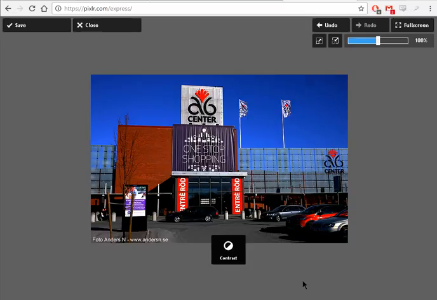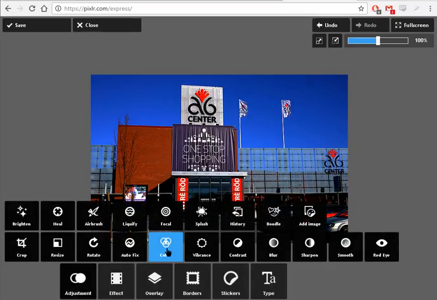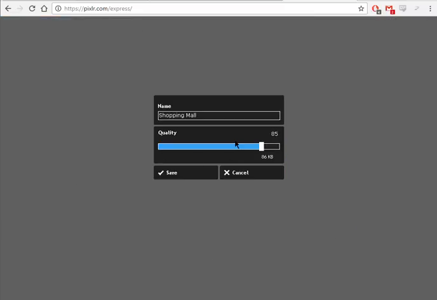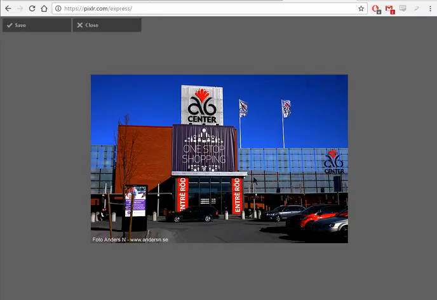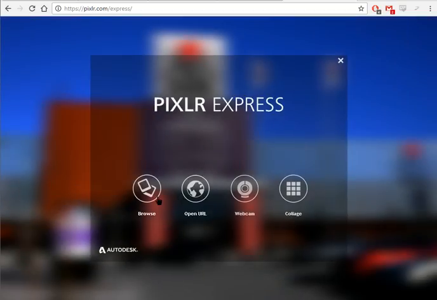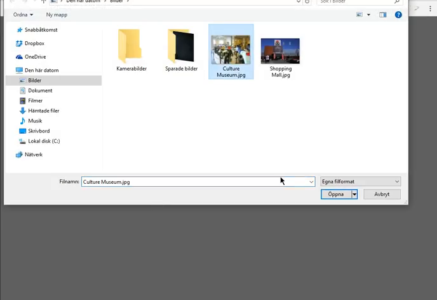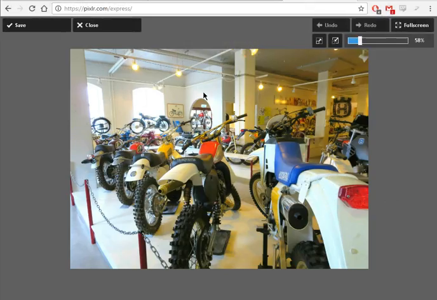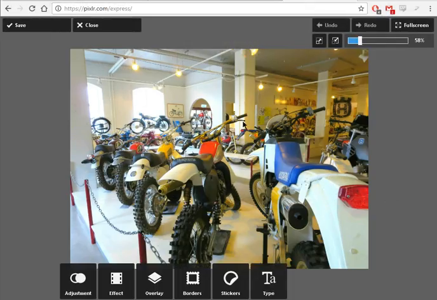I click apply, and now we've checked the colors and we've done the contrast, and in this picture we're not going to do anything more. I'm going to click on save, and I can save this down to my computer. I've already done that. So I'm going to open a new image for my culture,